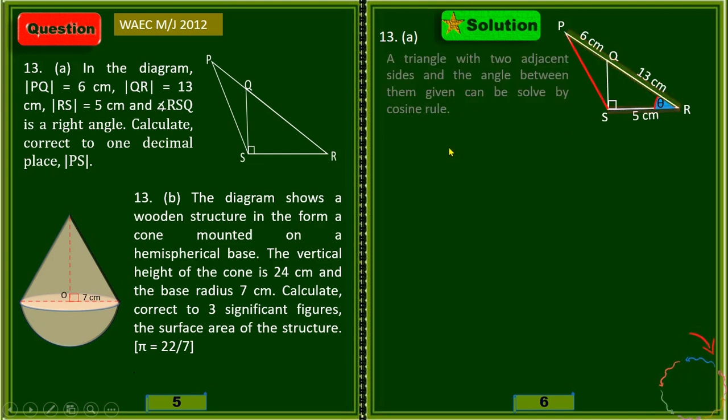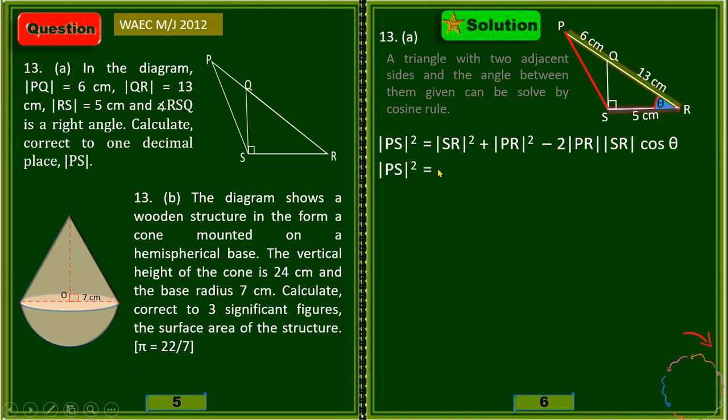So now we write down the cosine rule. PS squared, the red line now, will be given in terms of these two sides that are still being highlighted. So the first one is SR squared plus PR squared minus the product of PR and SR multiplied by 2, and then the cos of the angle between them. So now we're going to find PS. Here, SR, you can see is 5 centimeters, being highlighted alone now. So we substitute 5 centimeters squared, and then